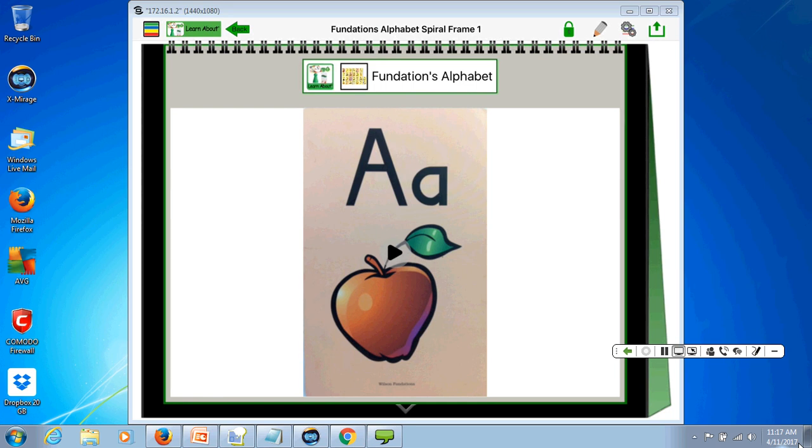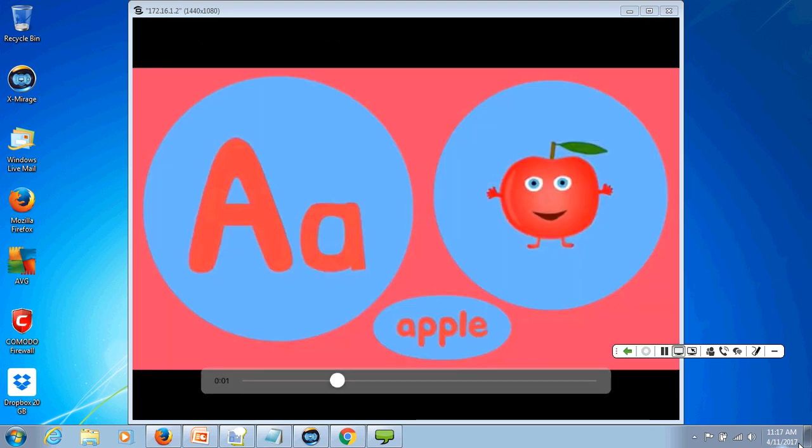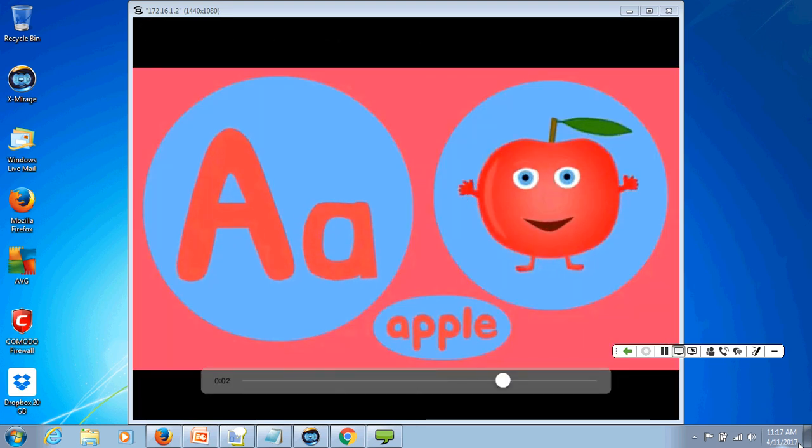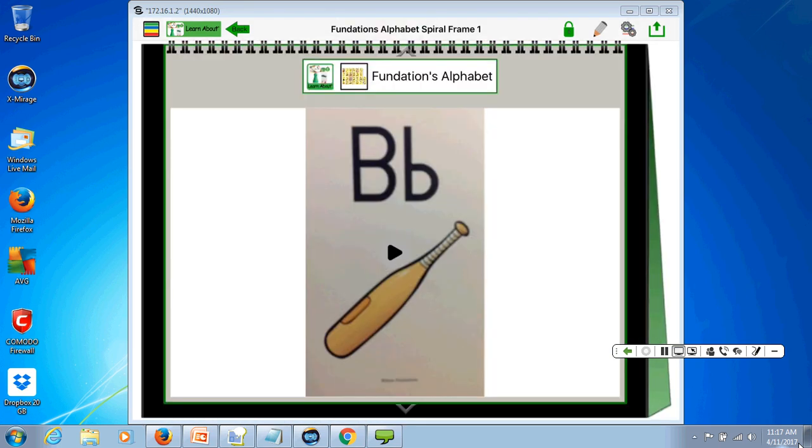A, apple, A. A is for apple. Apple. And then you go to the next page, and the next letter is the B. So again, once I tap, B, bat, book. B is for